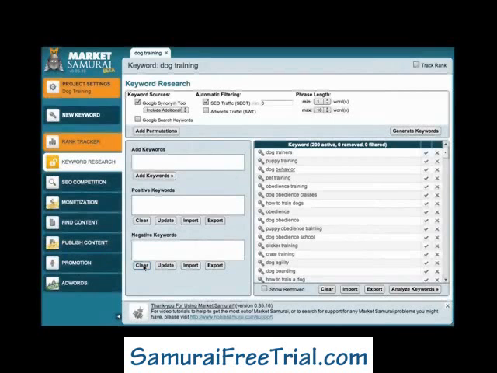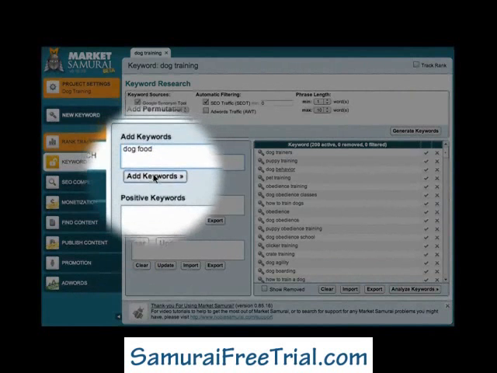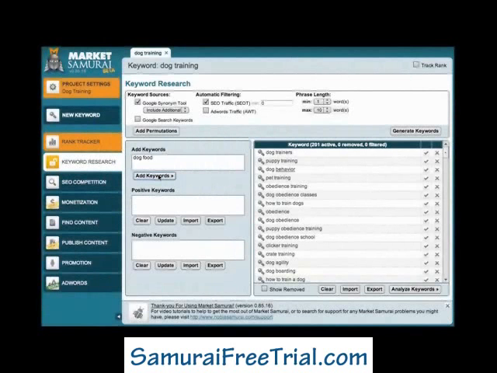The next way I can modify my keyword list is to add keywords manually. To add a keyword, all I have to do is type it into the Add Keywords area and click the Add Keywords button. Now the next way to improve the relevance of my keyword list is to use the phrase